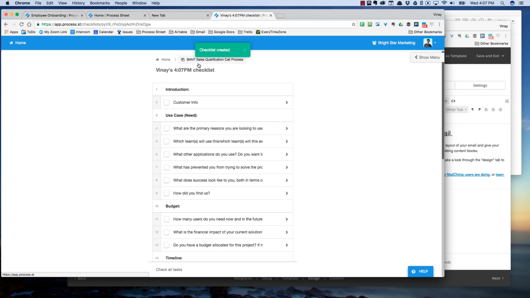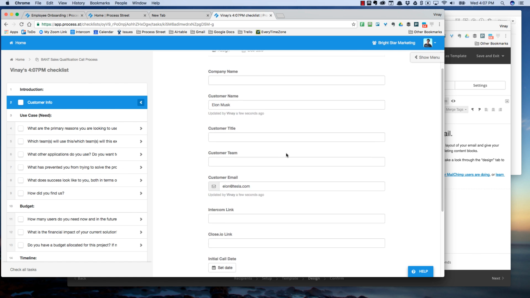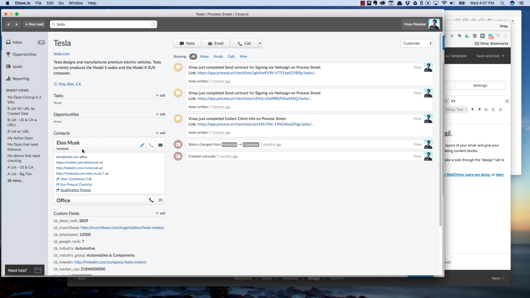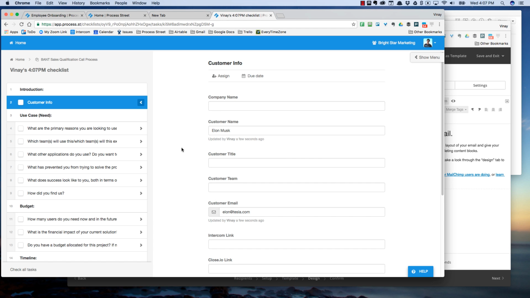In this case, we're doing a BANT sales qualification process, and the two fields that I chose to pass through were the customer name and the customer email, and you can see those have mapped against the information in my CRM. This is a great way to control the CRM when doing qualification calls or demos, because I can enforce